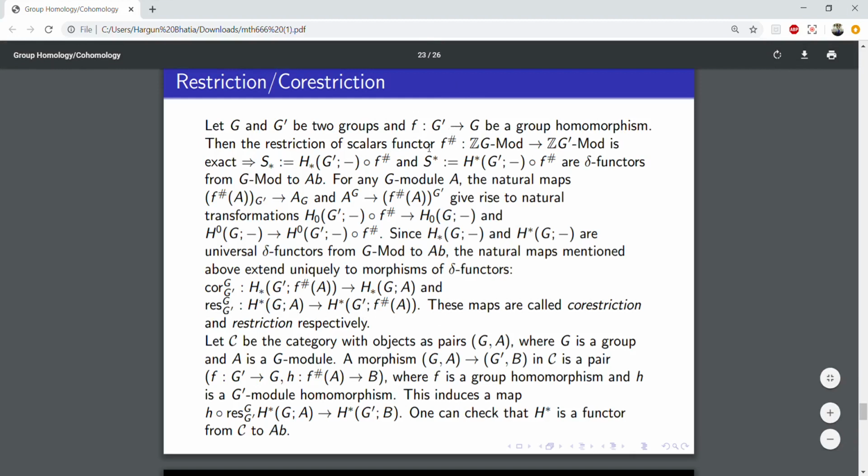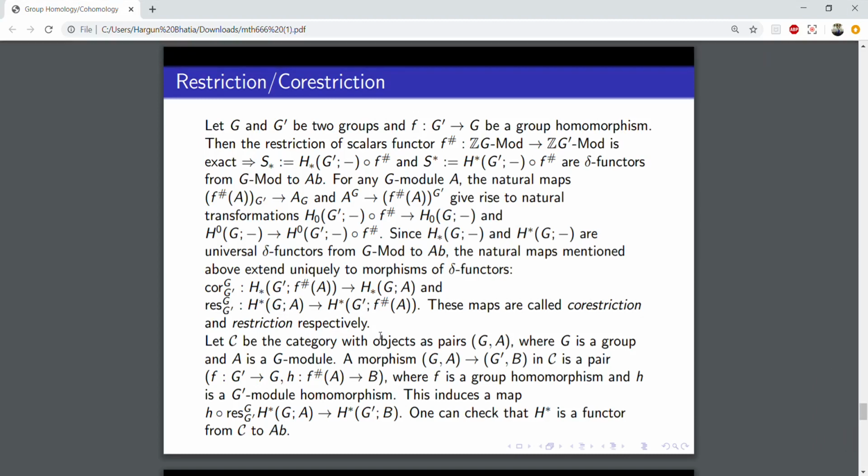I mean, because a map from G prime to G induces a map between their homologies and cohomologies. More precisely, I can say in a very precise sense why, how, and from which category it's a functor. So suppose you take the category C, defined to have objects as the pairs (G, A), which are essentially the inputs of the homology and cohomology functors, where G is a group and A is a G module. And I define a morphism between two such objects, (G, A) to (G prime, B),